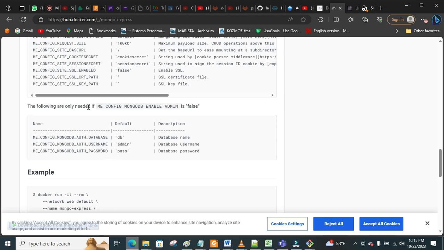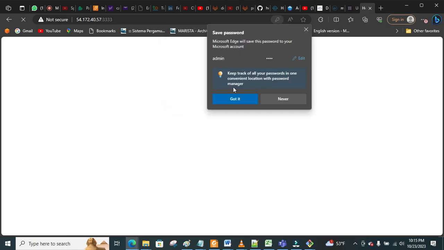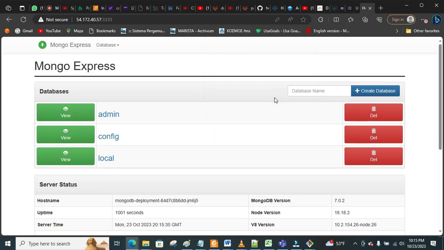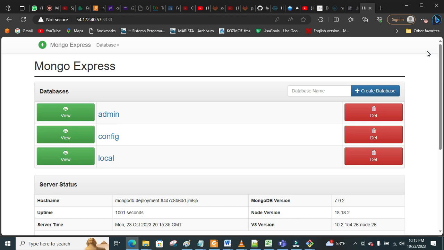So they say the following are only needed if this is considered false. So it was configured and put false. So we have to put admin and pass for username and password. So here you put admin and pass, and then you sign in. Et voila. So you have your user interface right now. This is your Mongo-Express. Your database is running,